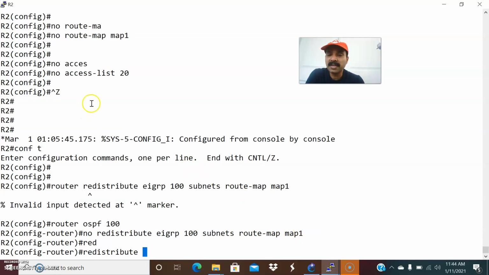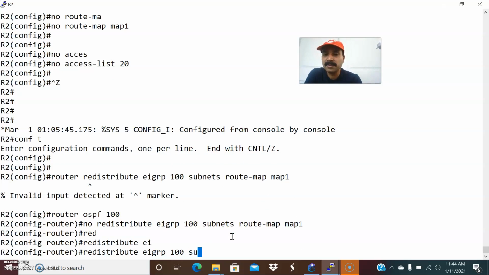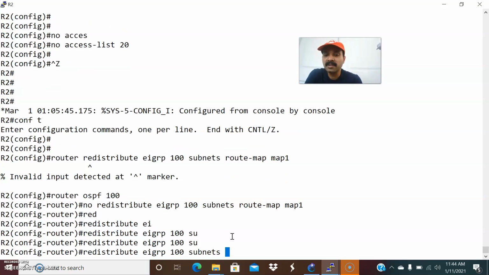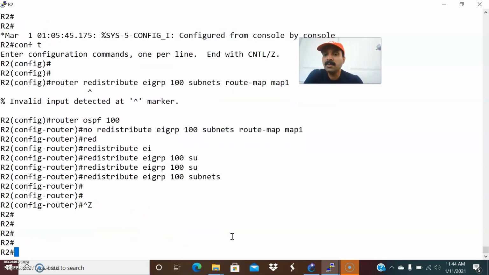I have also configured the access list, and that access list I mapped to this route map, which is denying the corresponding network 1.1.1. So I have removed the entire statement. Now let us do only this statement till subnets. Redistribute EIGRP 100 subnets. If I remove subnets, it will not advertise, so I have to include the keyword subnets. Now let us see here.